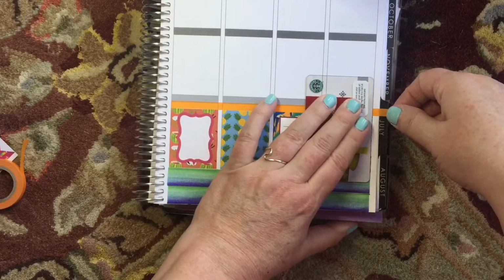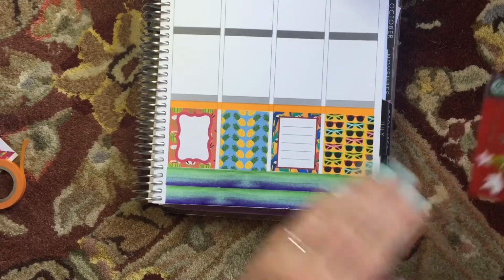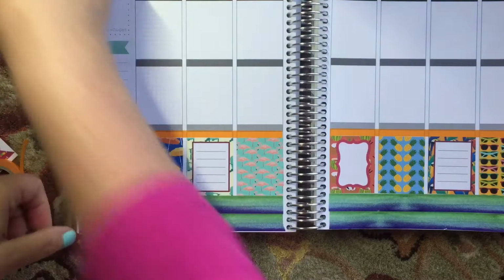I don't think I told you guys about my neighbors, but my next door neighbor put a letter in my box. And the letter he put in my box,